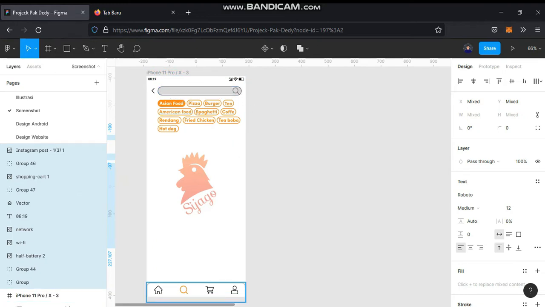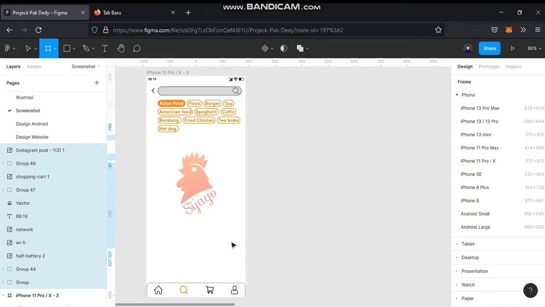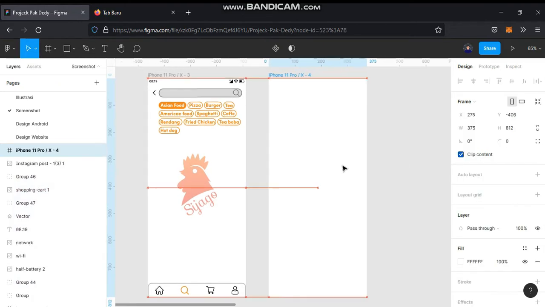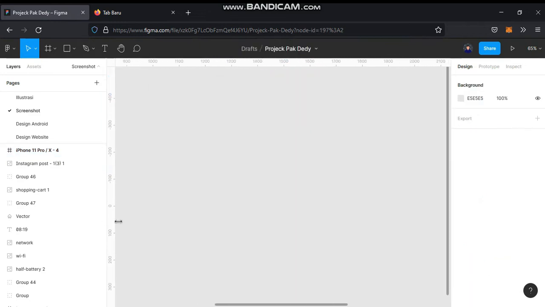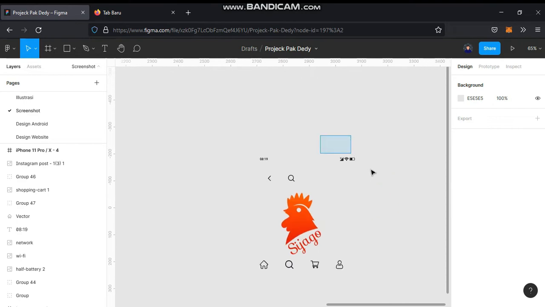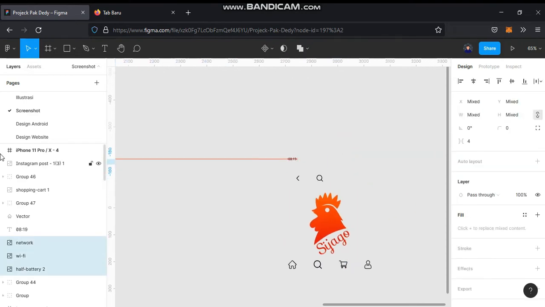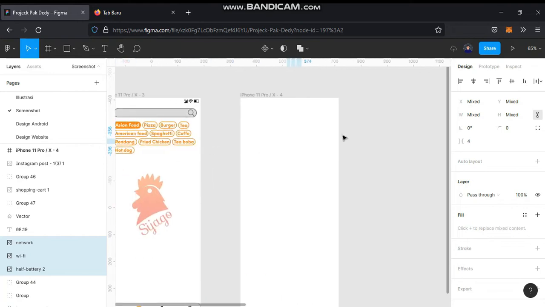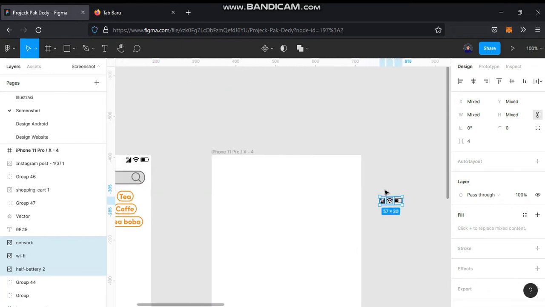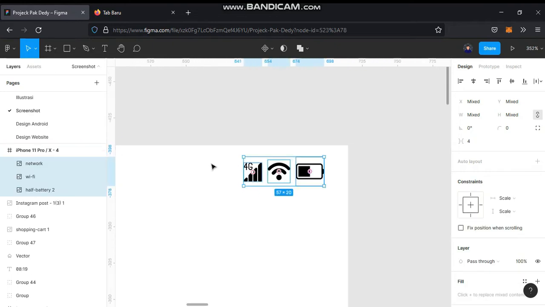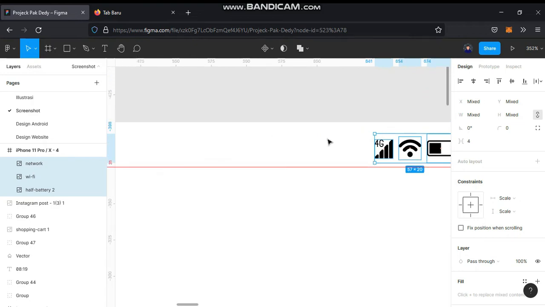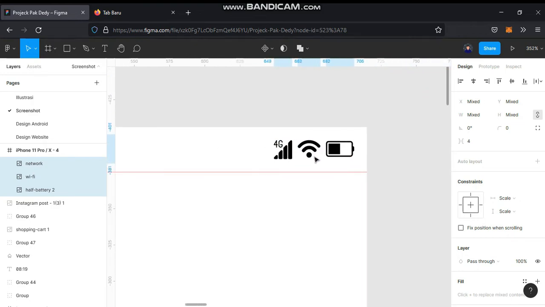In this video I will give you a tutorial on how to create a search display on a food delivery application. Okay, first we make the iPhone 11 Pro Max frame. The frame is the same as the previous design, and we add icons at the top. There are several icons, namely the network icon, the Wi-Fi icon, and the battery icon. We minimize the icons and we outline the top. Then we fit the icons in the middle